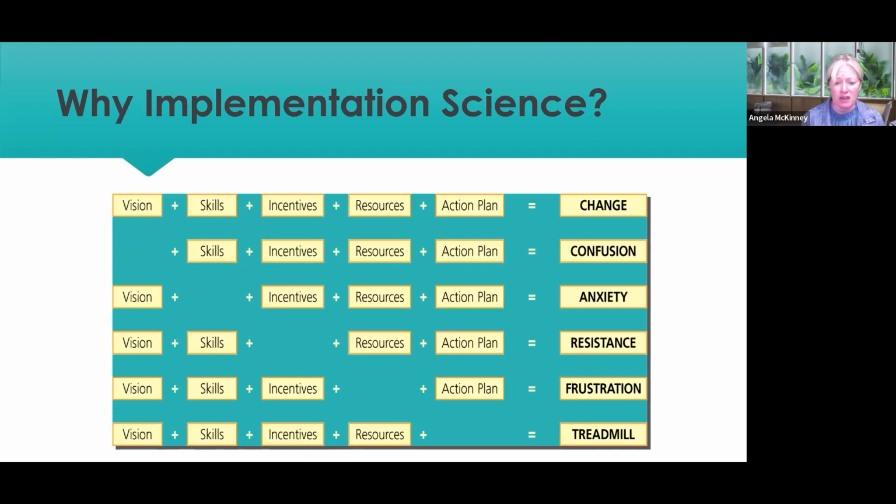We're going nowhere with it because somebody is going to forget to do something. All the moving parts aren't connected in those nice gears that are turning each other. Now that is with just one element missing. You may have multiple elements missing, which creates even more of a problem and makes it even harder. So when we know a little bit about implementation science and realizing that we want to lay some groundwork before saying, hey guys, we're all going to start using the MTSS framework tomorrow, we don't do it that way.